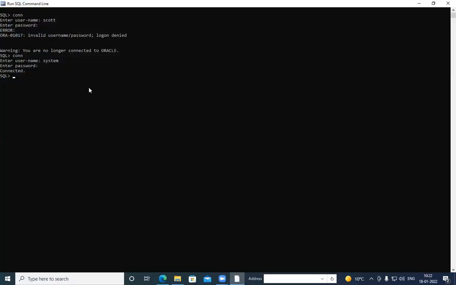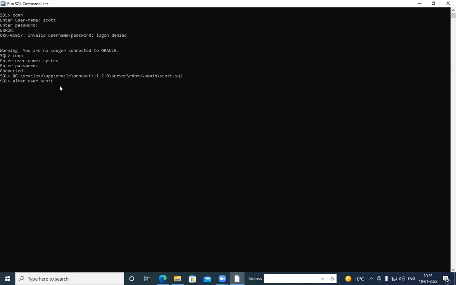Once again, I go to SQL command line. To execute the script, I'll write @, copy this path, and then use here scott.sql. So it has executed the file, right? Let's see if we can alter the user now.